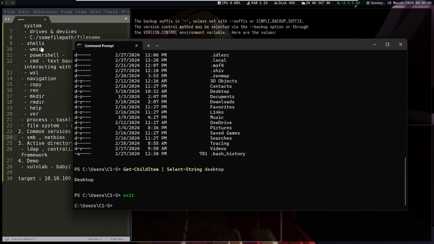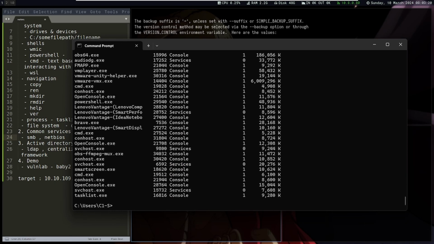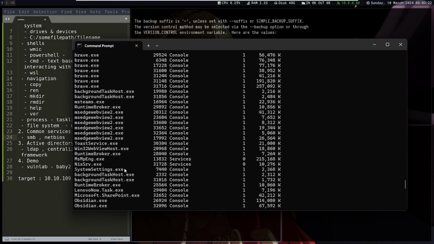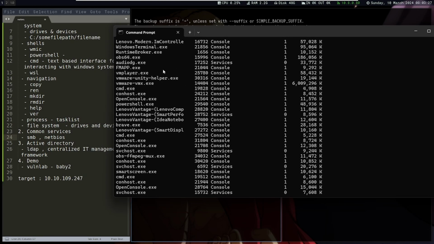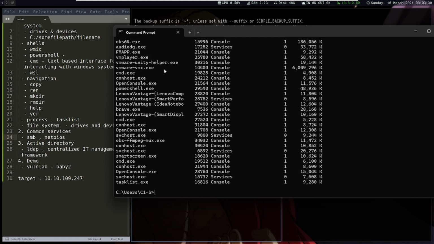For WMIC, I'll have to look for a good example, but you can go check on that. Mostly I use it to look at things like processes. Normally in Windows you can also use things like tasklist, and it will list all the processes here. I want to be a little quicker so the video is not so long, but it will give you the gist of what this is and how you can go and do it yourself, maybe with more research. For WSL,